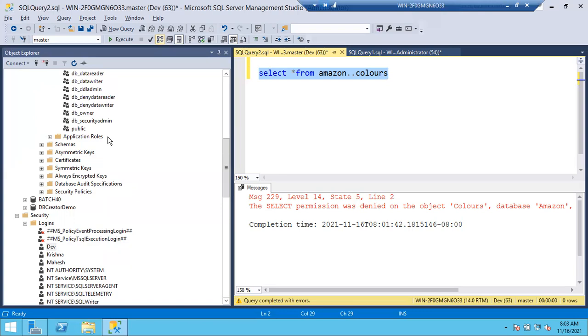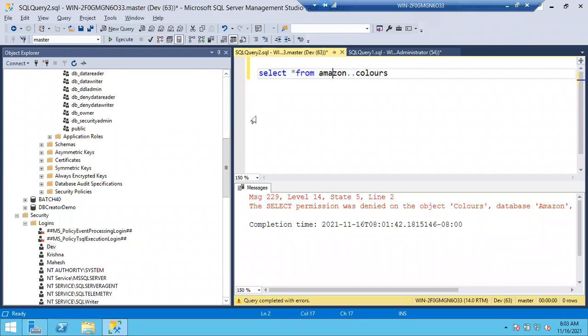I strongly decided Sashi cannot access my table. By mistake, if someone gave data reader, he can access the table. But as I strongly decided, I'll give you deny data reader permission. So if someone gave you data reader permission, still you cannot access the table. Clear? Shashi, is it clear?